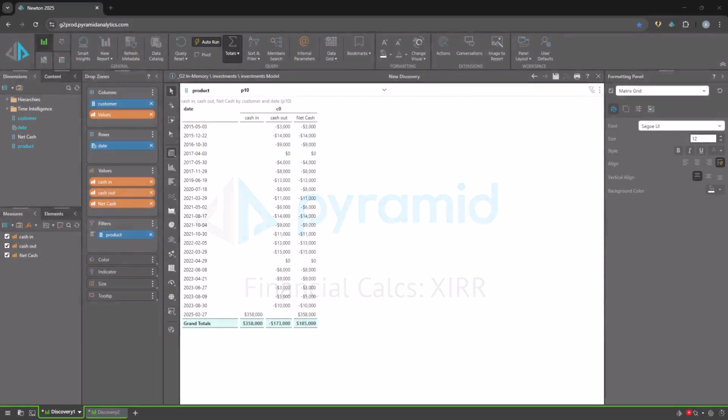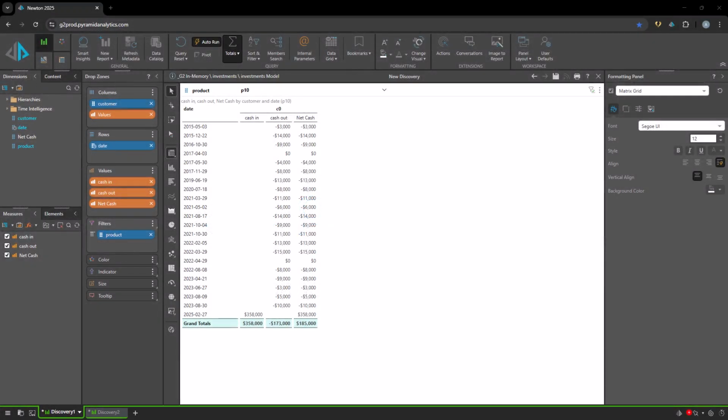In this session, we're going to cover the financial semantic calculations available in Pyramid's PreQL language. Financial calculations often involve complex iterative logic that cannot be replicated manually through basic formulas. One of the reasons why you would want to do this type of calculation in Pyramid is because you can apply them directly against a large dataset that would be otherwise quite complicated and slow to do in something like